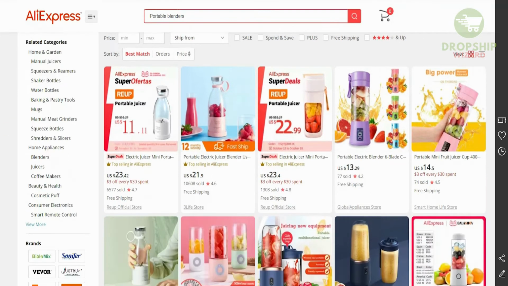Now, this is an essential need for individuals, especially people who are working out or want to have a healthy lifestyle. And the reason why I've included this in today's list is because as Christmas is around the corner, this is definitely a product that people would want to give their loved ones. And if you look at the amount that has been sold, it is absolutely brilliant. It is being sold for $23 to $21, and